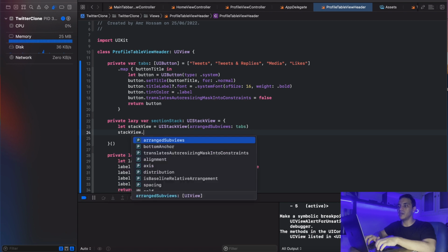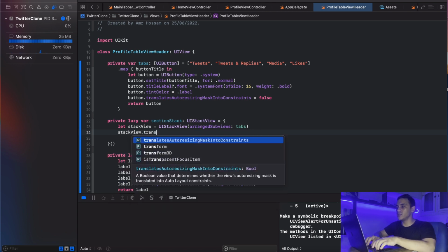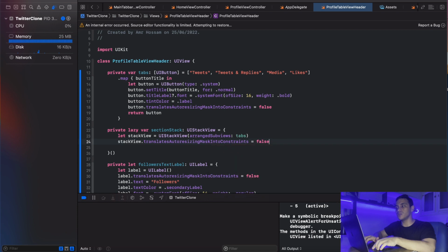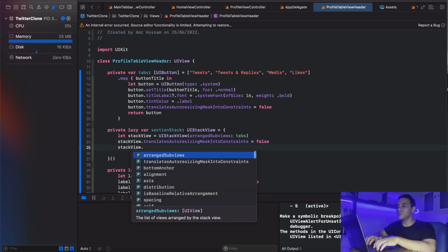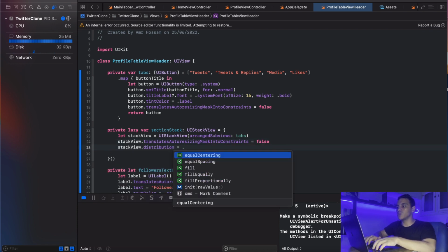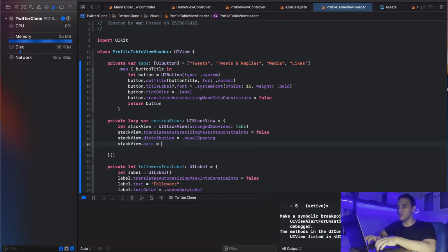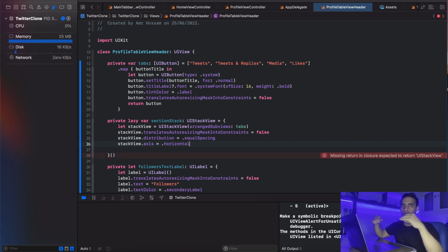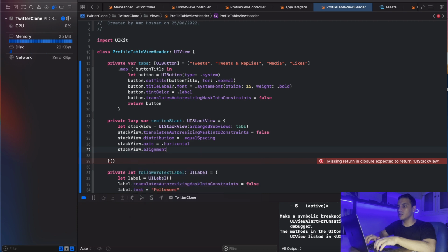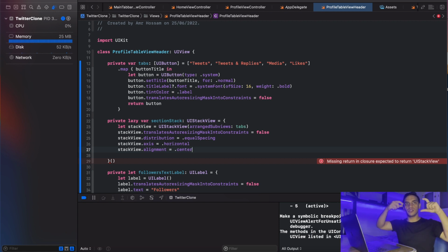All right, stackView.translatesAutoresizingMaskIntoConstraints equals false. stackView.distribution is going to be equalSpacing. stackView.axis is going to be horizontal. So basically we're just going to align everything horizontally. All right, and for the stack alignment, we just need to have it in the center. So basically in the center of the stack. That's the horizontal stack. I just need to add my buttons, not on the top, not on the bottom, but in the middle of